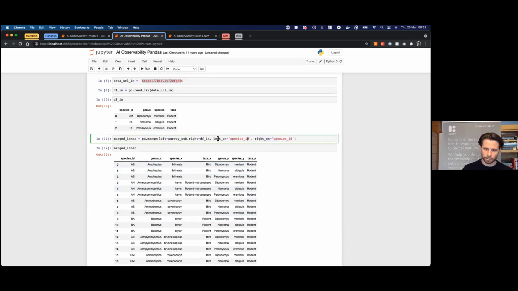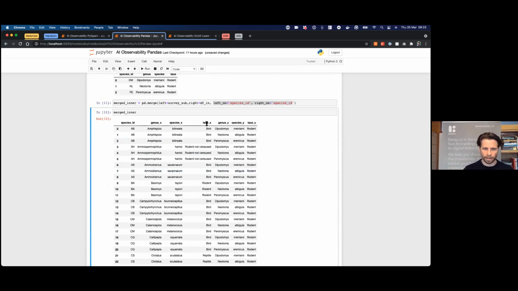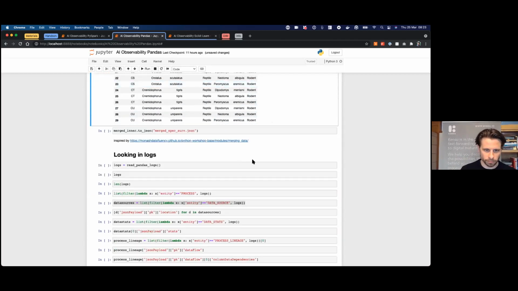You know, I'm actually joining on species ID, right? So I have one species ID, and then I have genus X, species X, taxa X, which comes from this one, right? And I have taxa Y, species Y, etc., that comes from the other data set, right? It's just a join. So I don't have to explain this, but then I save as a JSON, okay?